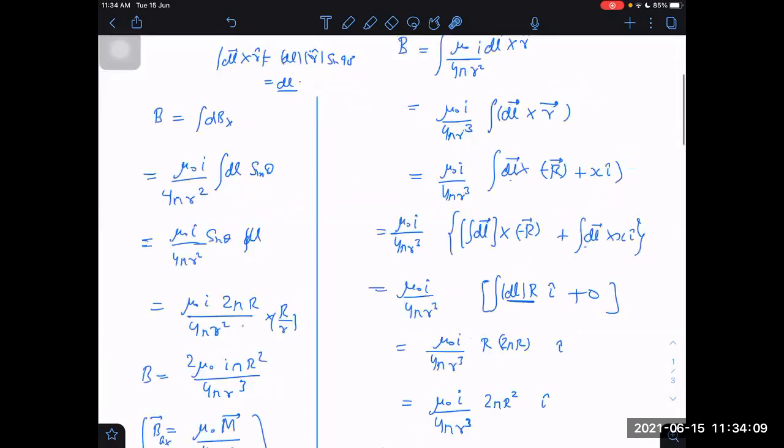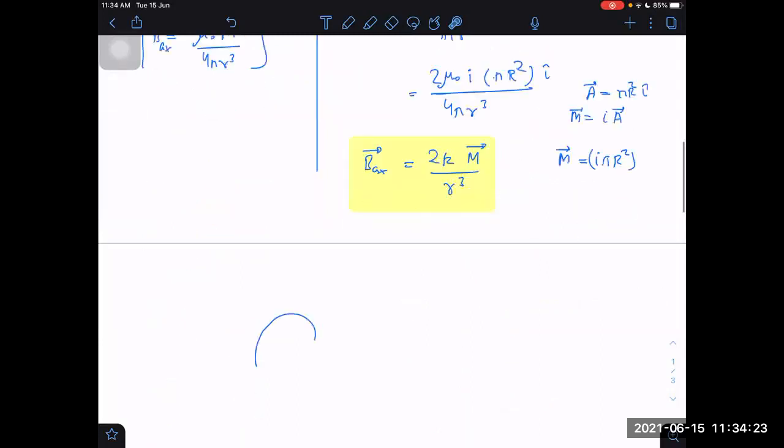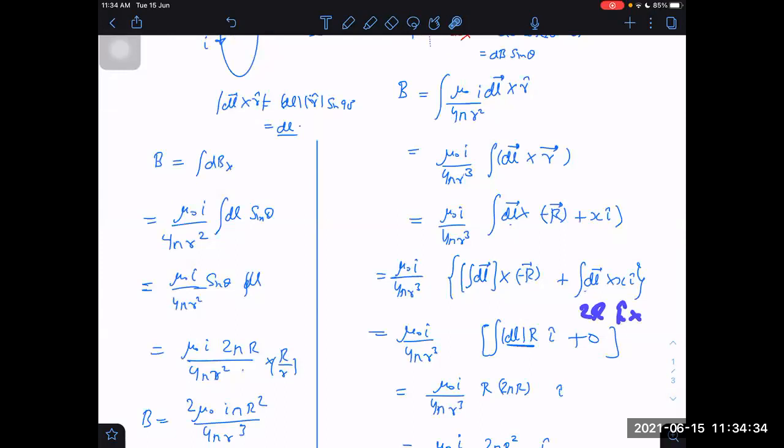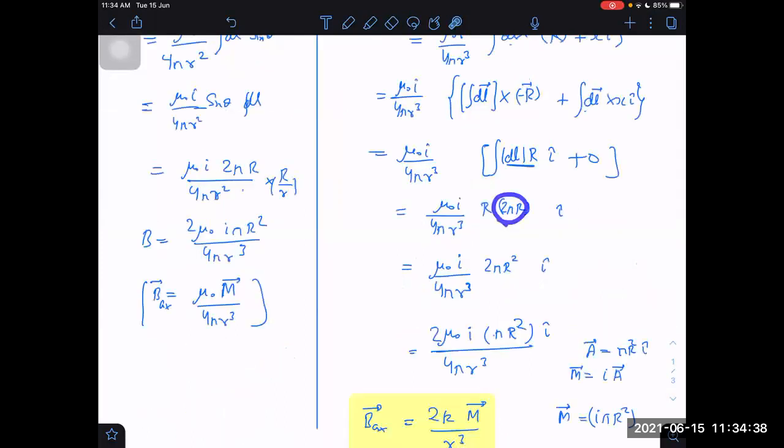And if I do it by this method, will this still be 0 now? No, it will not be 0 now. Why not? Because the i cap is taken outside, but the dl integral will give us the net length vector, which for a semicircle of radius r is 2r. If the current is carrying this side, then the effective length is 2r directly along k cap. So this will be 2r along k cap multiplied by i cap. That I have to write. And as far as this is concerned, in this case it will not be 2 pi r now. It will just become pi r.